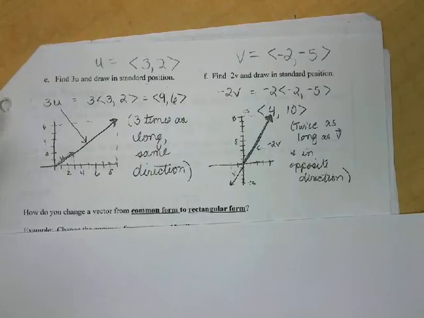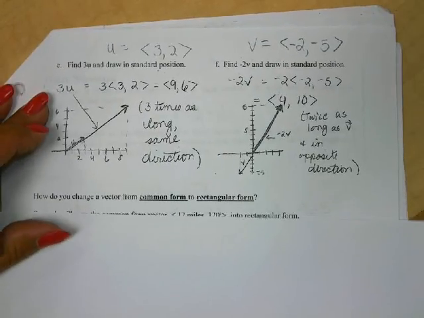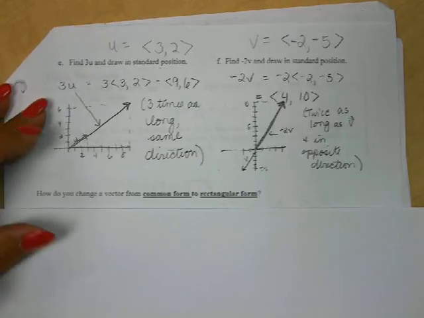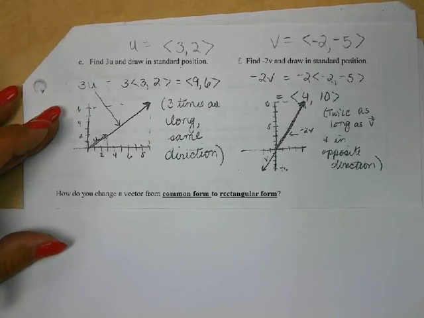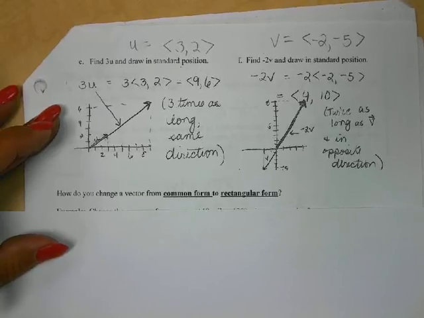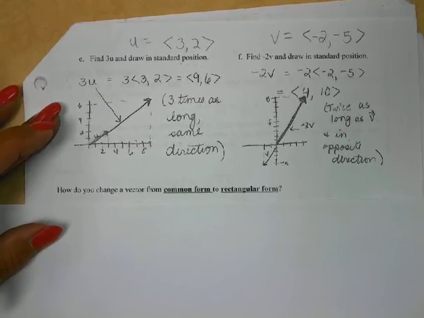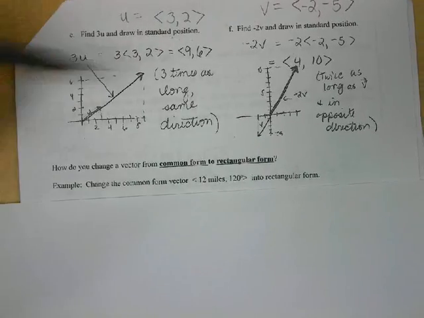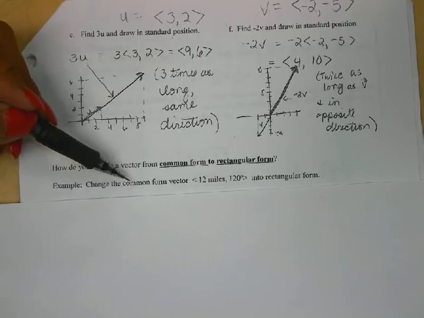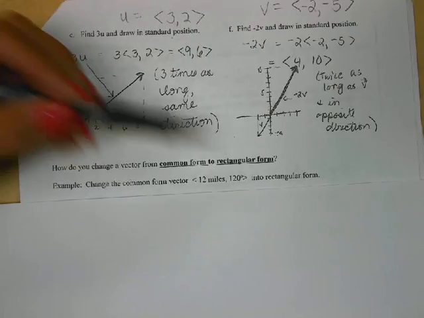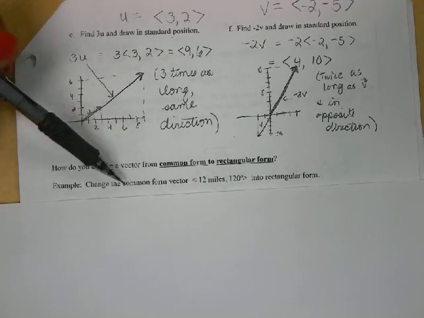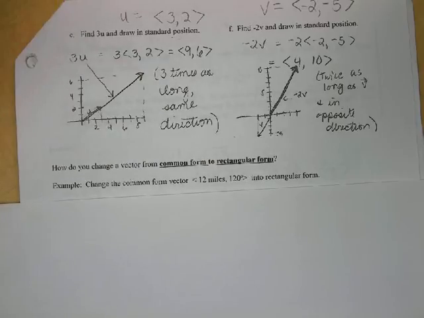Now, sometimes we have to change vectors from one form to another. I might give you one in one form and you need it in a different form. Or maybe the computations to do some type of combination of two vectors is easier in one form than another. So we need to be able to do this change. We want to start with a vector that I'm telling you is a common form vector. So be careful. Think common form is the bearing type of angle. So if I have 12 miles and 120 degrees and I want to transform this vector into rectangular form,